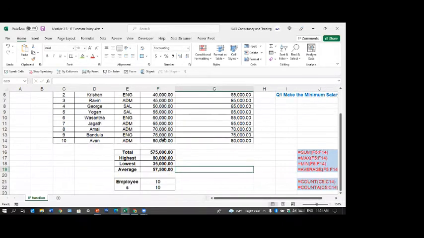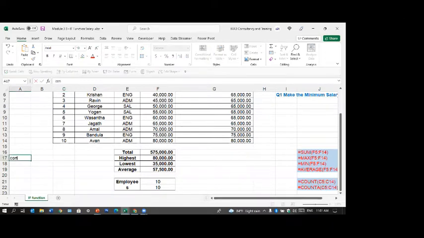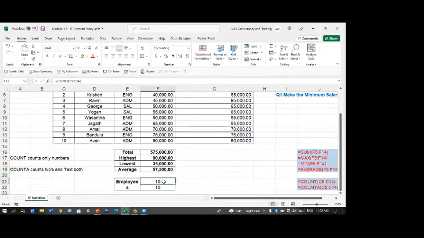Done. Now remember, the count has two issues. There is a function called COUNT and COUNTA, right? I write it down. COUNT counts only numbers, right? COUNTA counts numbers and text both. Remember that. So if you look at this, I have the second count C5 to C14. C5 to C14 is this. So it has taken 10.